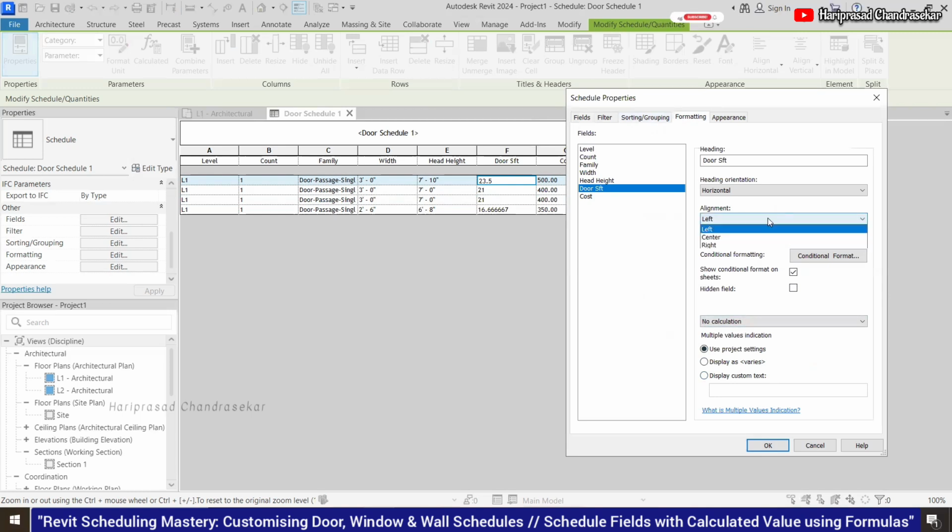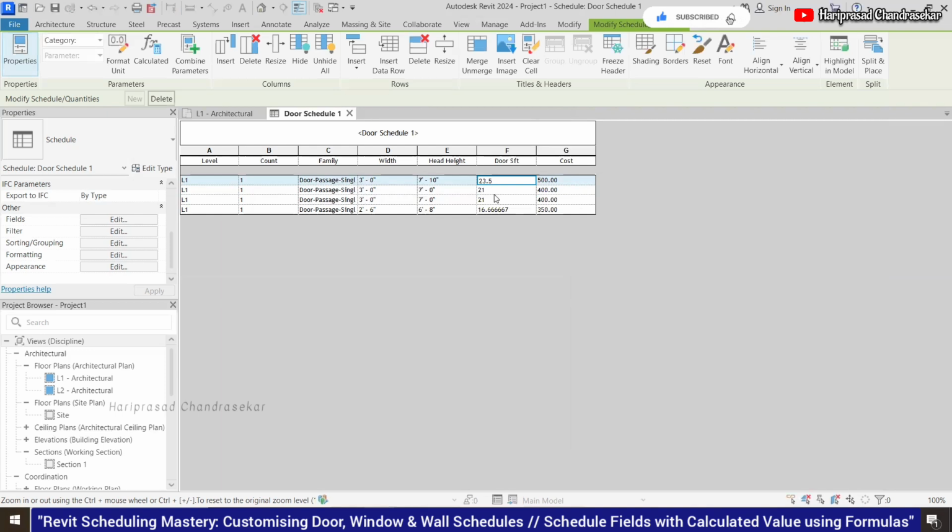So we got something here. Appearance and all. It will be an SFT so that you can mention there itself, but cost. So for the cost also we can put it like this.